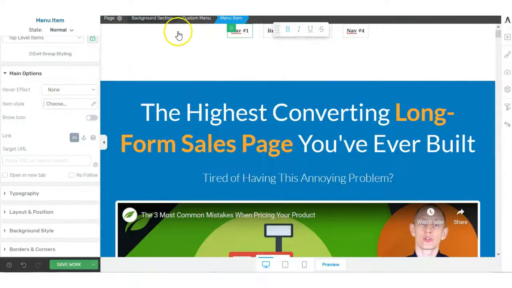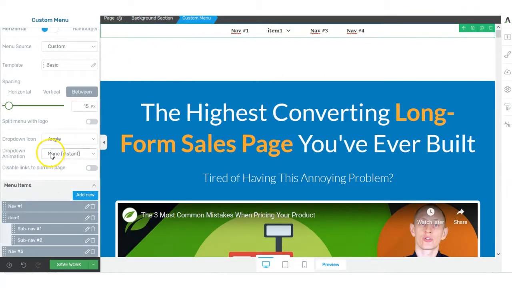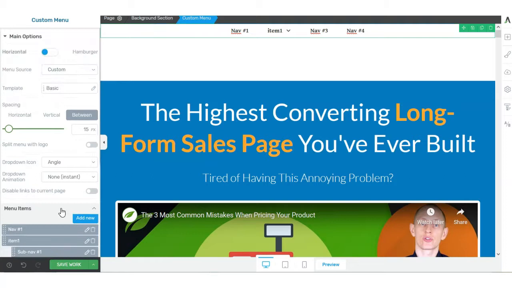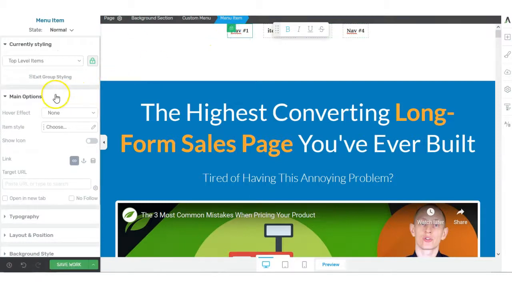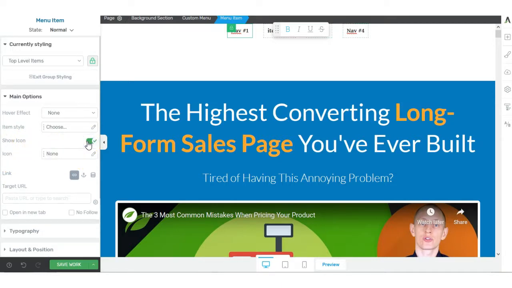Now we're going to take a look at the item styles. I was just in the menu items. Click out of that and go over to the item itself. You click in there and you get some more options here. In here you have item style, and to use the item styles you have this option here to show icon. You just click in there, and when you click that on,